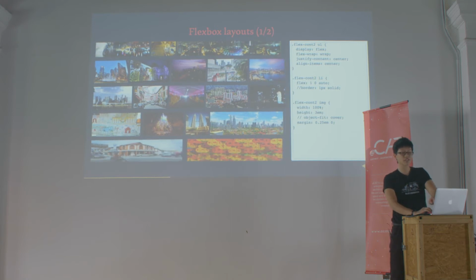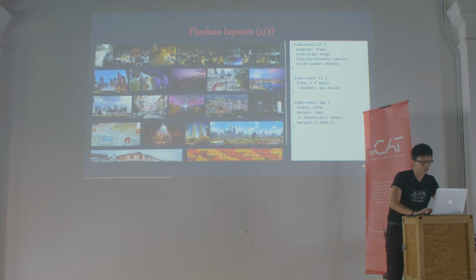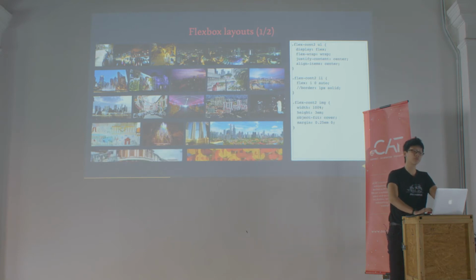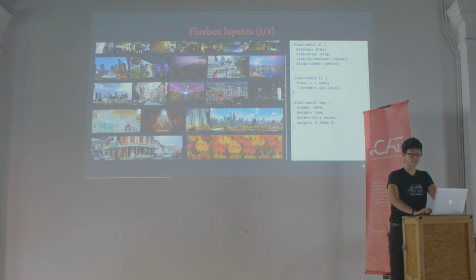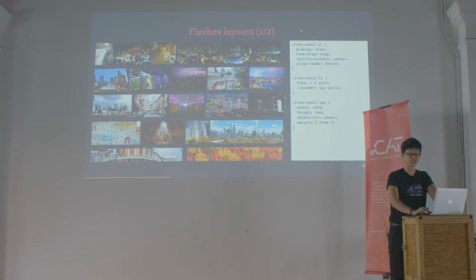But if I set a fixed height on the image, for some of the taller images, like this one, you'll see that the aspect ratio is a bit skewed. We can rectify this by applying object-fit: cover, which will crop the tops of the taller images. And this actually looks like a pretty good looking layout. It's not a grid, but it still works.